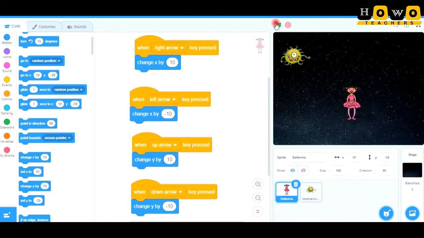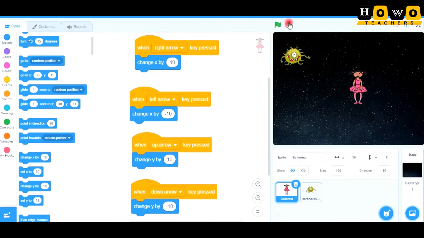Let us click on go and see the ballerina move towards left, right, up and down. So now I can move my ballerina very quickly anywhere in the backdrop. My first part of the game is completed and I'm able to move my ballerina.